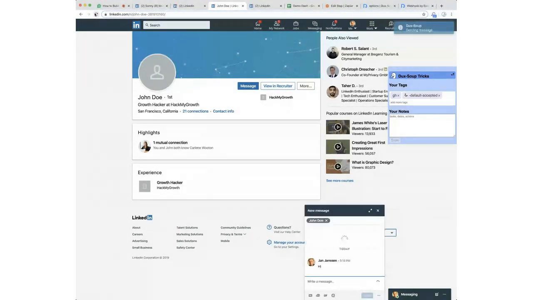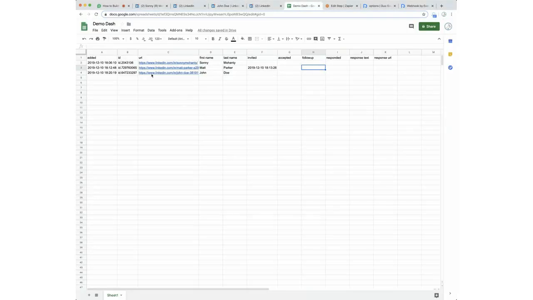So it's now sending the message. As you can see, I practiced this one before. So this one has just been sent now. I can now close this profile, I think. Well, let's leave it open. More importantly, now John Doe is in here as well, so you can see all the profiles are going to